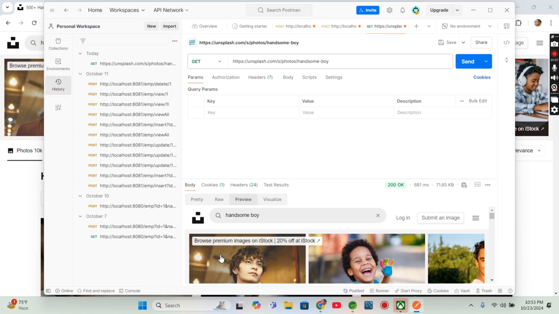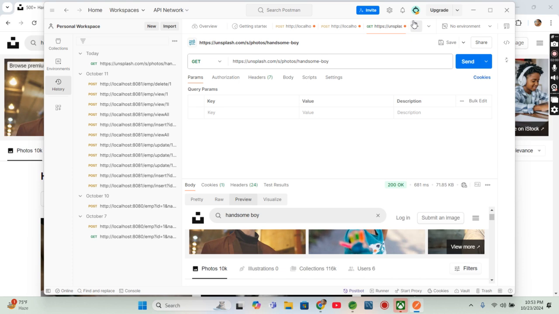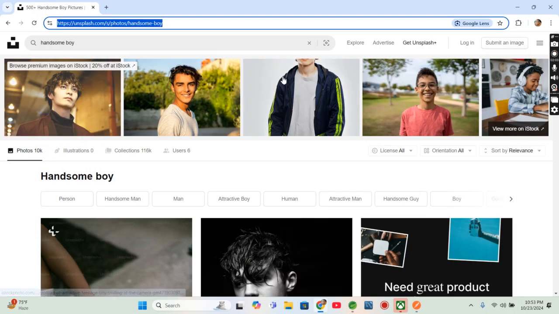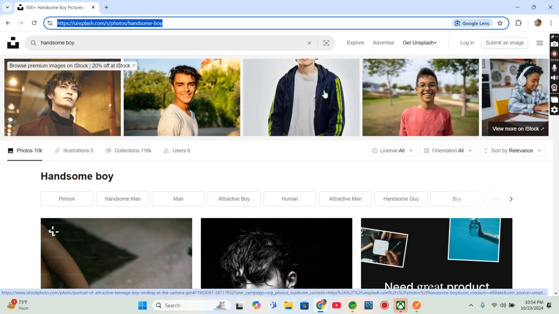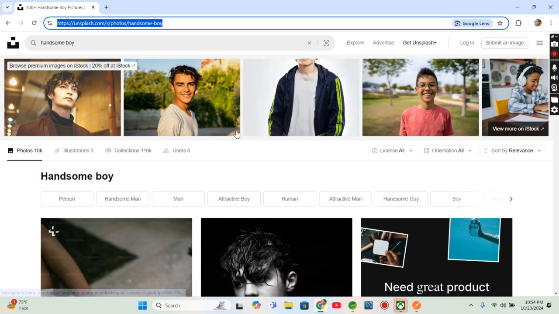You can see these photos, whatever photos you have seen in Google Chrome, the same photos appear here. But what is the problem? I'm not using this browser, I'm using this Postman, because the browser will provide only a search engine. The basic agenda of Google Chrome or any other browser is that it provides one search engine. A search engine will allow you to retrieve the data. If you want to fetch the data, then the browser will be perfect for you. Here I'm just searching best voice photos